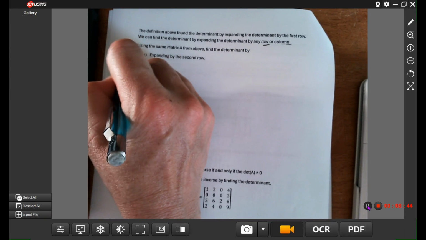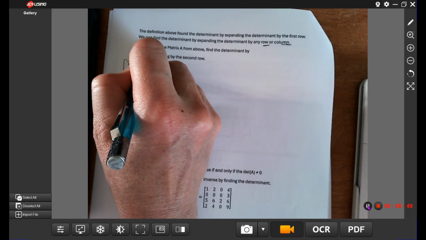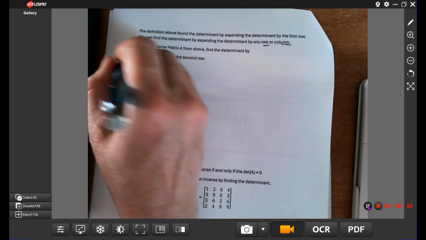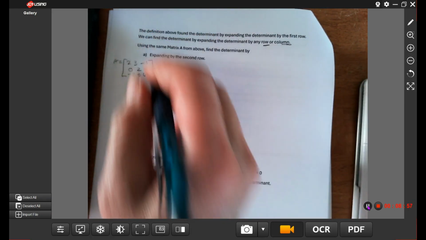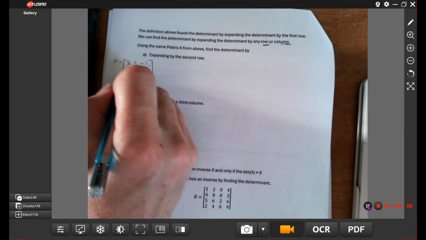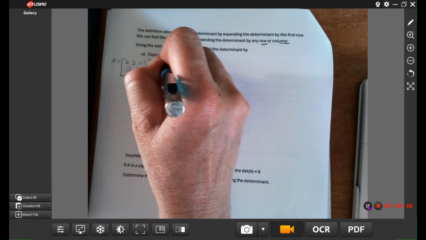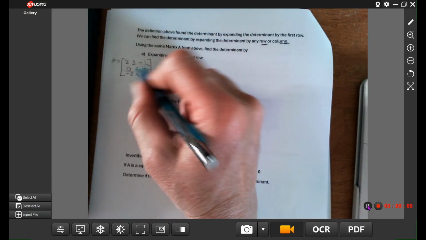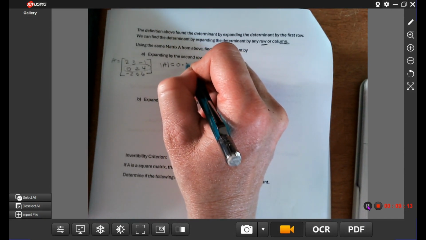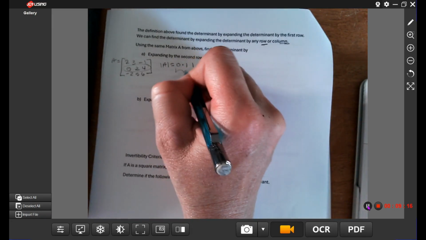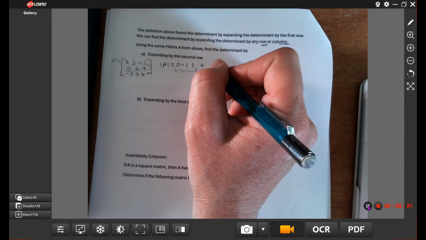So here's our matrix. I'm going to be a little faster this time. This is the original matrix A. Now we're expanding by the second row, so I'm working on this row. So the determinant of A, I'm going to take the first entry, so that's 0, and it doesn't matter what my matrix is, that term's going to equal 0, so I'm not even going to bother to write it down. And then I'm going to add